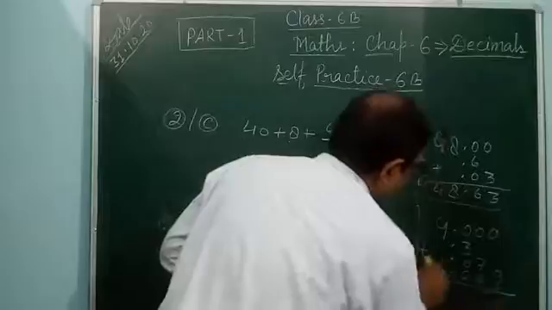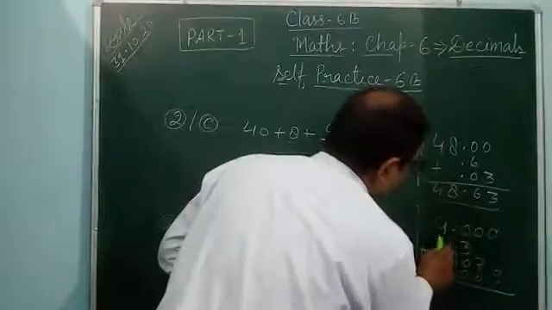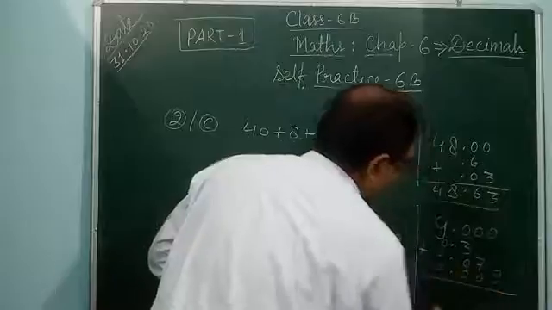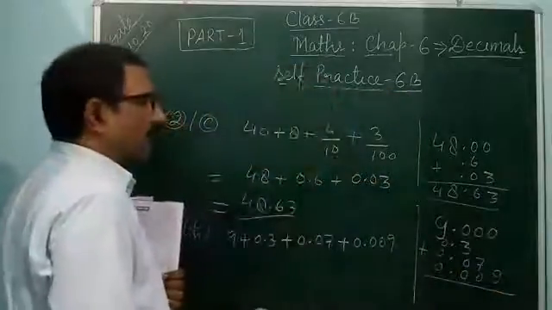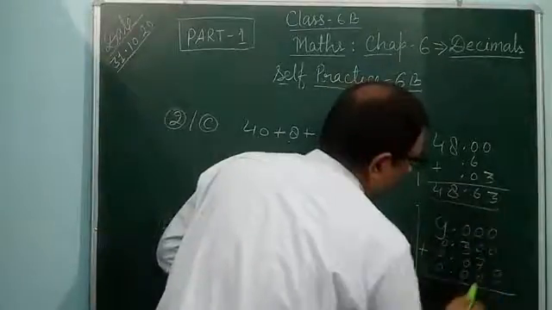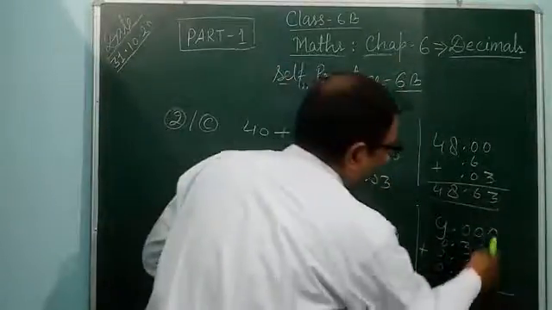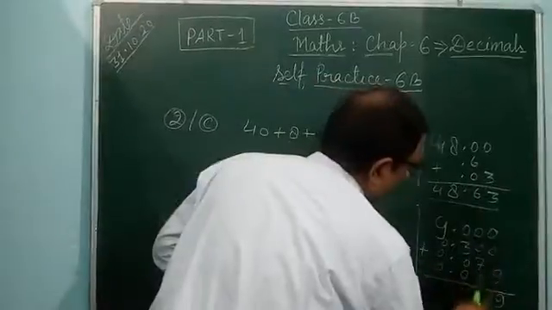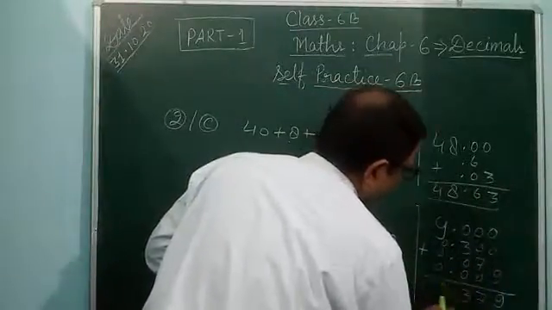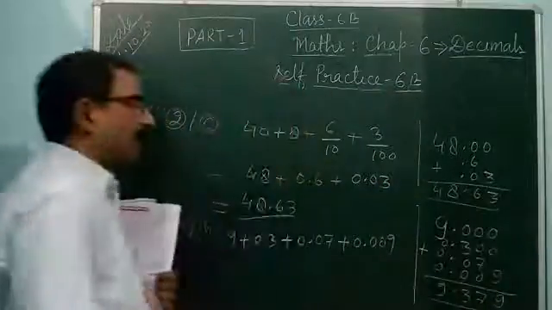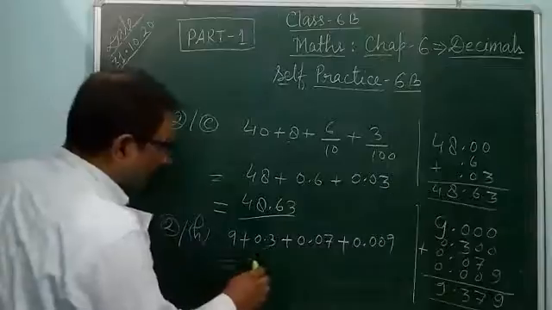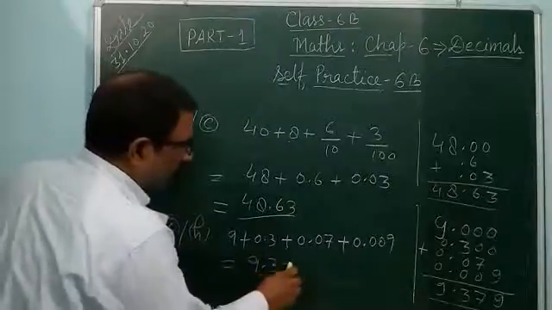And you can take plus. Here also you can represent as 0.3, 0.07, 0.009. It is not compulsory, but you can write. You can fill the gaps with 0 if you want to, no matter. So 9 here, 7 here, 3.9, 9.379. You can add together 9.3, 7 and 9.